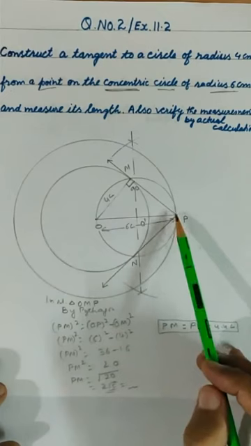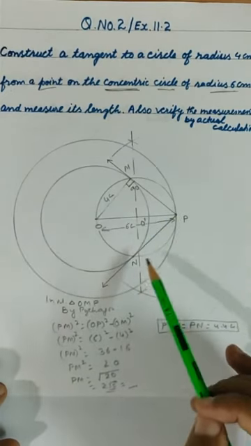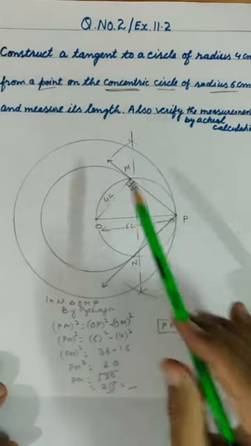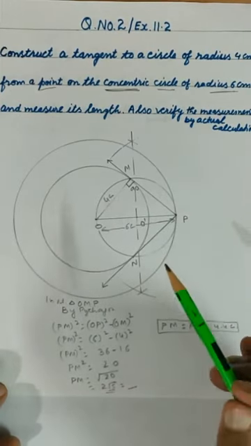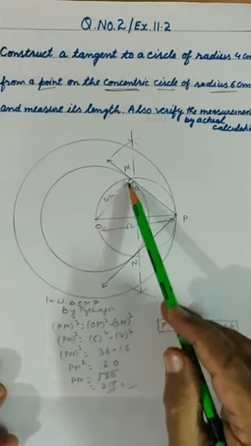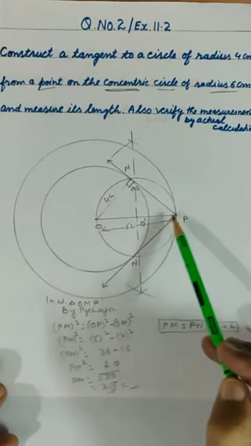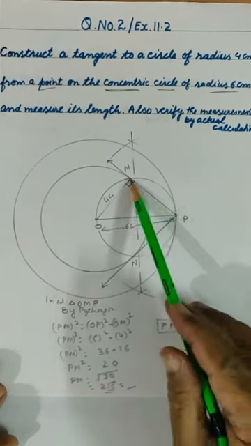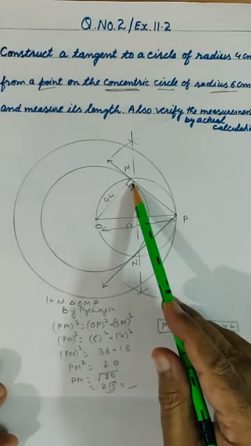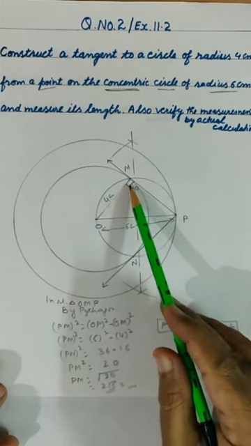We join this and then draw the perpendicular bisector. Then we draw another circle. We got the contact points. Then we join this PM to PN. I hope. And this radius is 4 centimeter. This is 6 centimeter, and we have to find out with the calculation. Pythagoras theorem, you know, 90 degree, the radius and tangent are perpendicular to each other at the contact point.